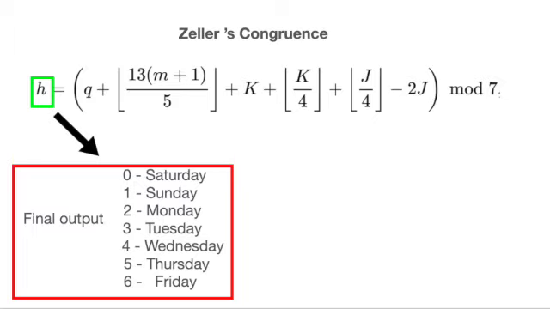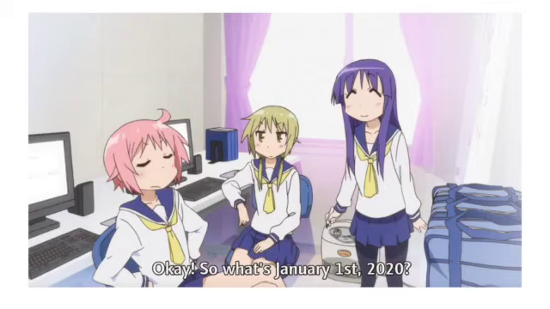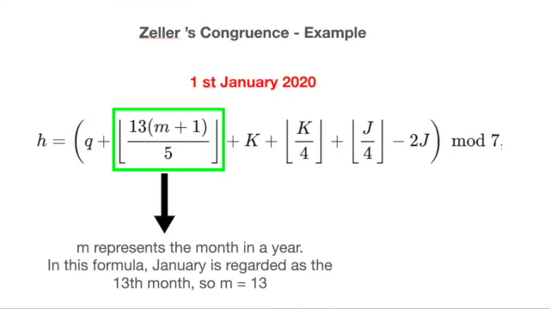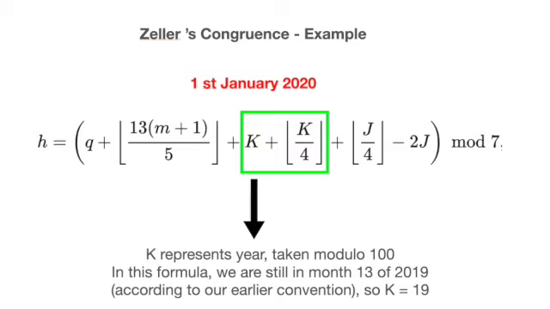Suppose we take the example 1st January 2020, as suggested by the girls. q in the formula would be the day of the month, which in our case is 1. m stands for the month in the year, but for reasons we will explain later, January and February are counted as the 13th and 14th months of the year, and so m equals 13 for January. k would stand for the year modulo 100. In our case of 1st January 2020, using our convention, January is actually the 13th month of 2019, so our